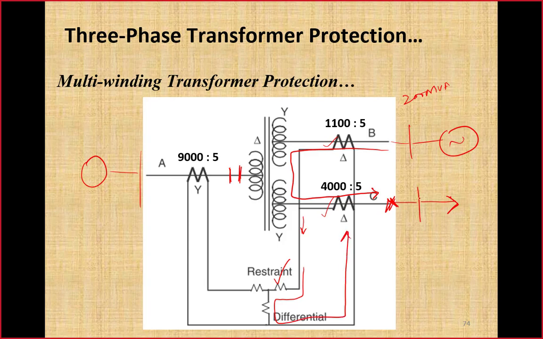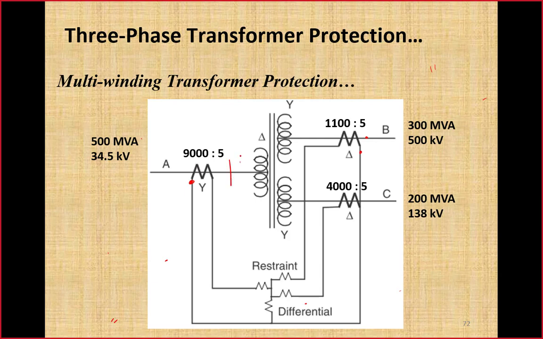This fault was outside the zone of protection, and the differential relay must not respond to it. But what happened is that, due to the error in the CTs, the net current is passing through one of the retaining coils and through the differential coil. The differential coil current in this situation will become 200% of the retaining coil current, and this relay would trip. So if we have a source behind more than one winding, always use a 3 retaining winding differential relay, which is designed for a 3 winding power transformer. Let's see in that condition how tripping could be avoided.